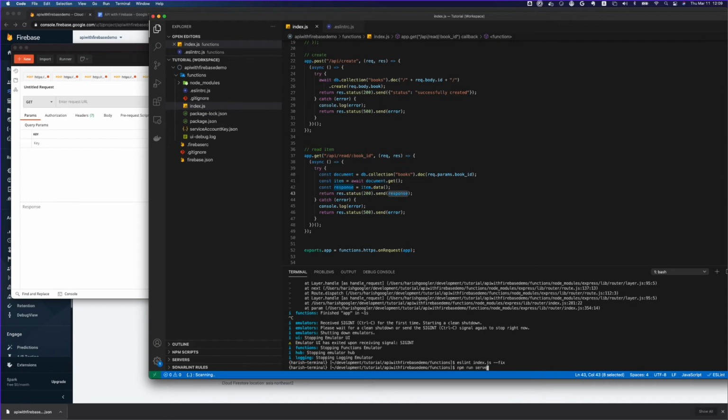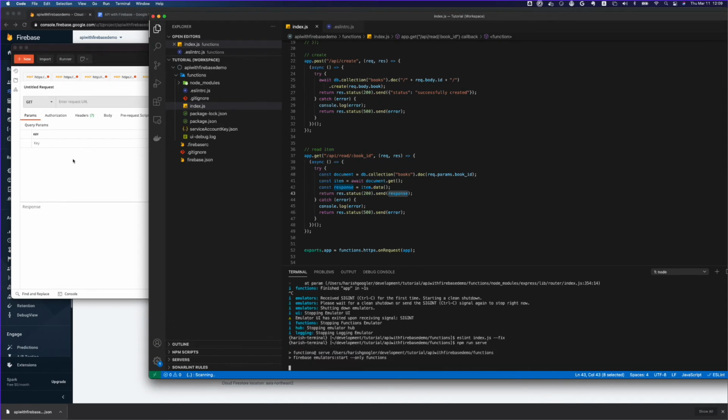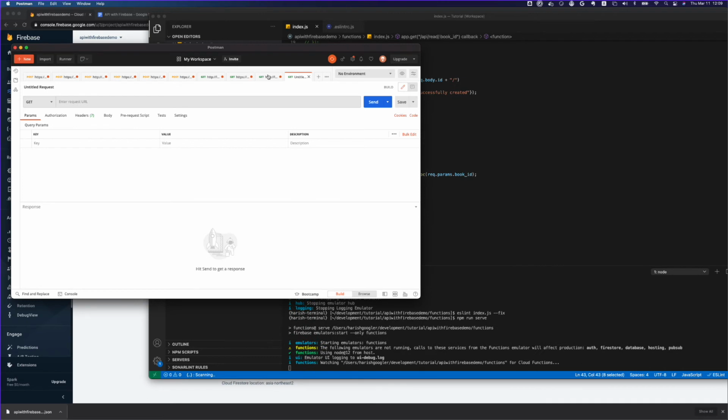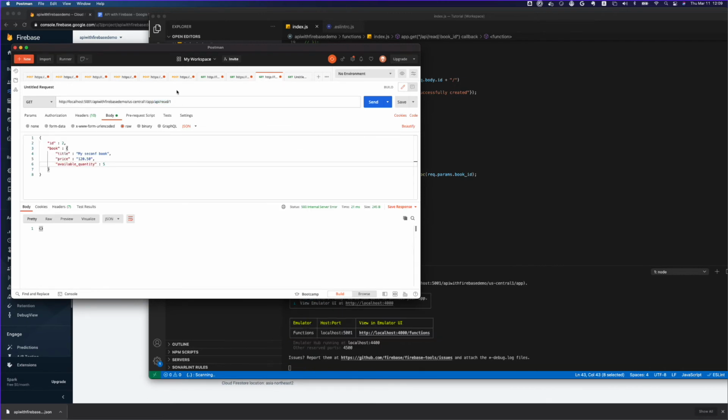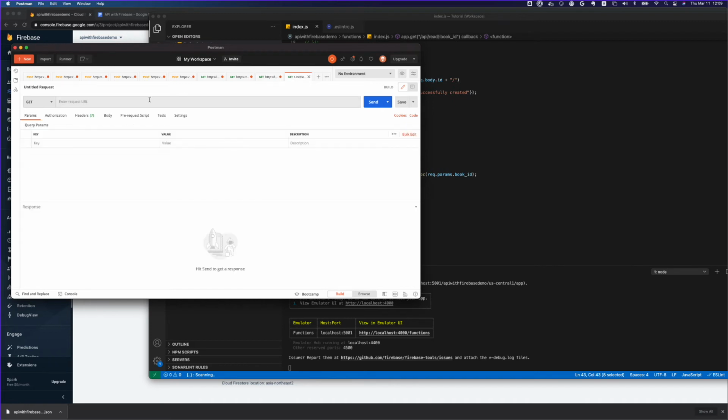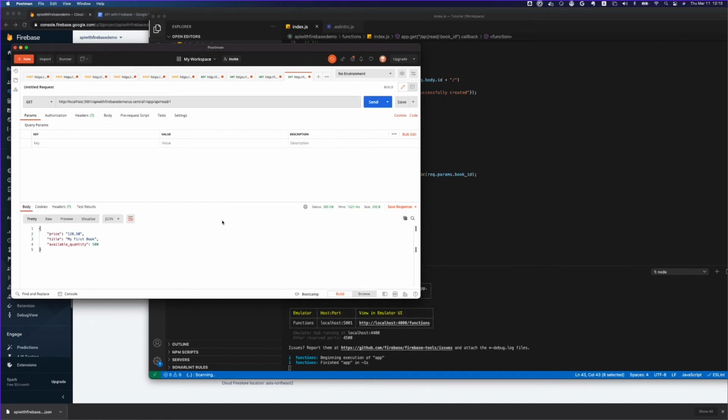So let's run our server again and call our API. We can call it here, but let's call it a cleaner one. My API is running here, and I'm just going to send a request. Here you see I'm able to read the data from my Firestore collection, and it comes back with my first book.